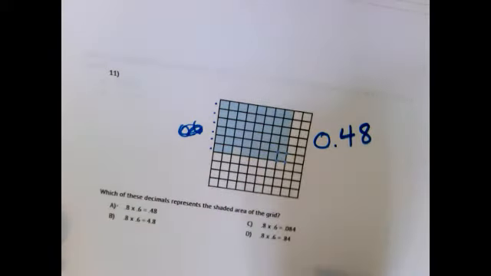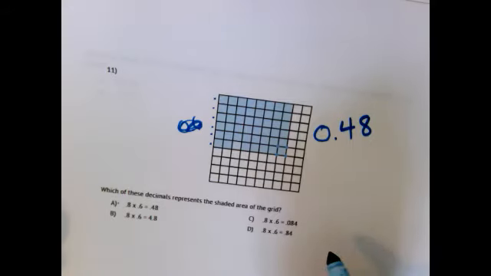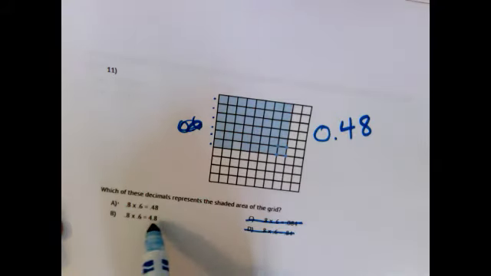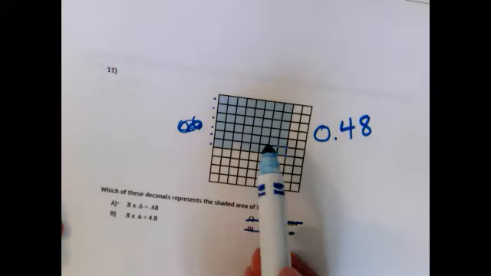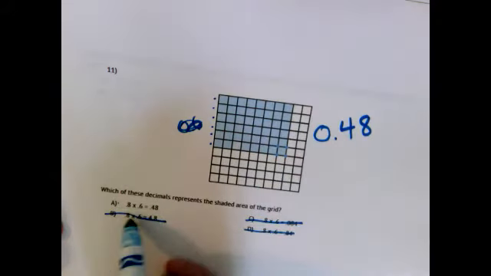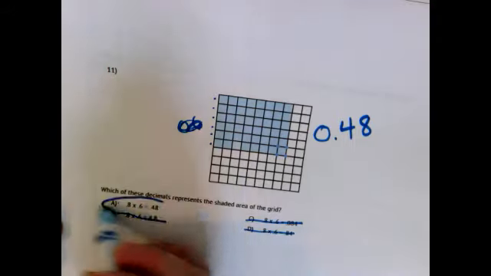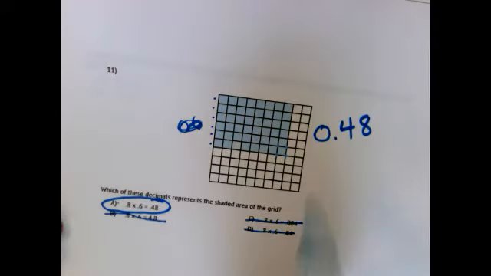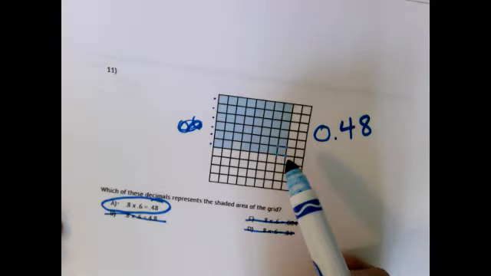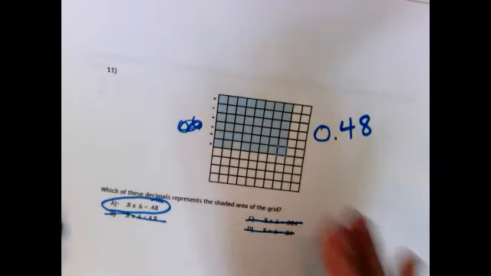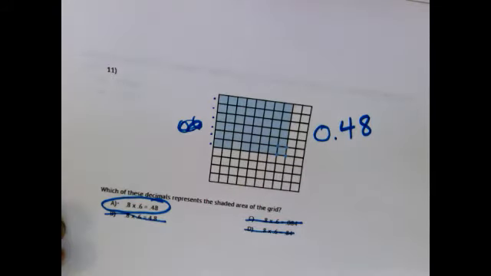If I look at my answer choices, I can narrow it down. Starting down here with D. D says I have 84 hundredths as my total answer. That's not true. C says I have 84 thousandths. That's not true. B says I have 4 and 8 tenths. I don't even have one whole colored in, so that can't be true. So A gives me 8 tenths times 6 tenths equals 48 hundredths. This is the only equation that gives me the correct answer. So I know it's a little hard and it didn't exactly mesh with the way we had shown you guys how to use the grids. But if you compared your answer,